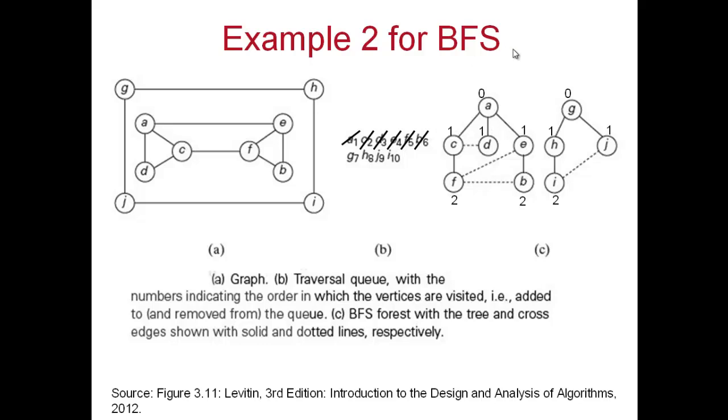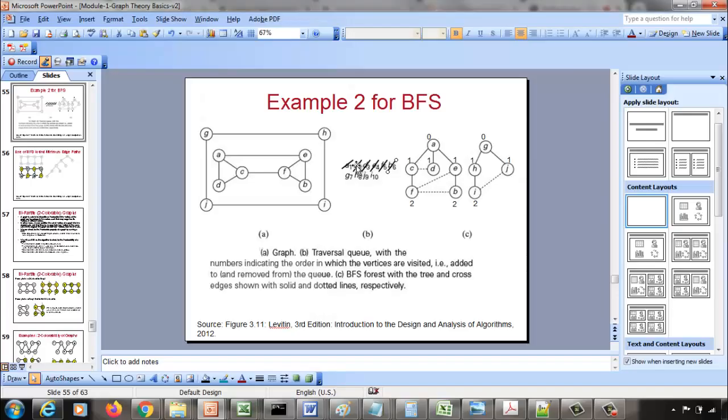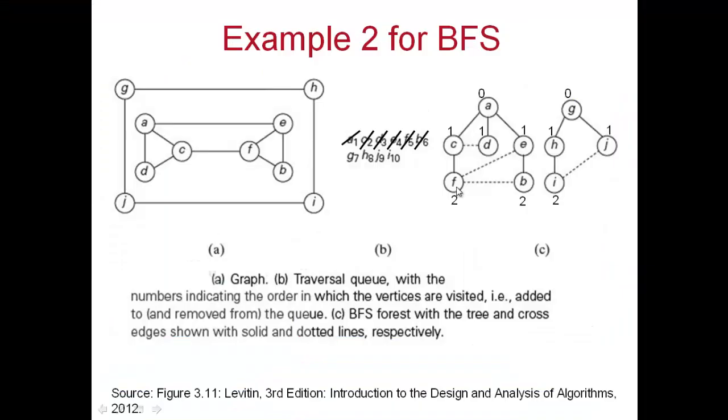When you start from G, of course I use the same queue, so as a convention we can continue the numbering. G is the 7th vertex to be enqueued, B was the 6th vertex, so G is now the 7th vertex. The level number of G is 0 because you're starting from G, and then G has 2 neighbors, H and J. Those vertices get level number 1, and the edges become tree edges. So add H and J to the queue, and when G is removed from the queue, H is in the front of the queue, so